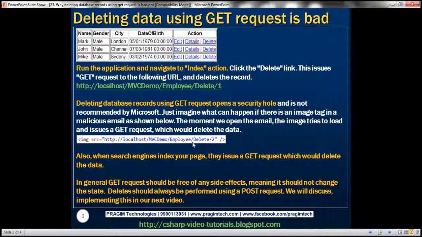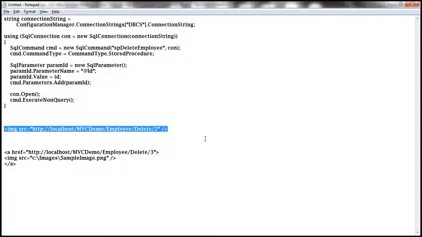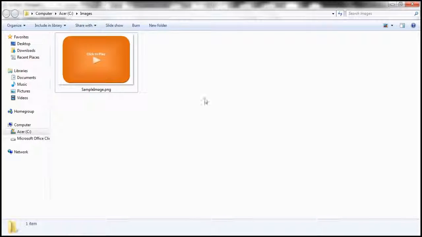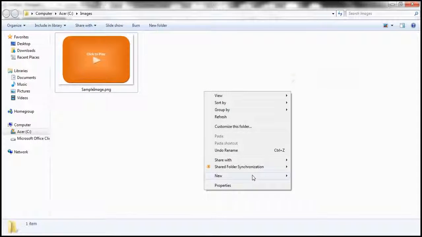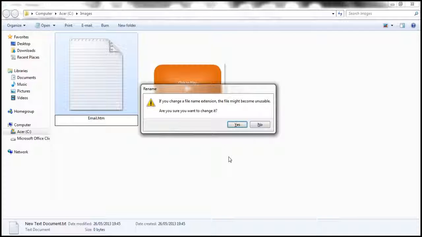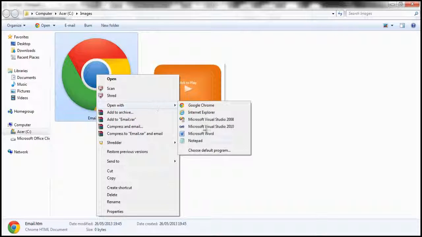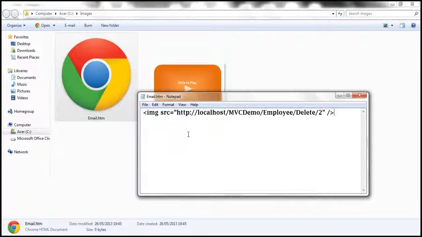Okay, let's actually see that in action. So here I have the same image tag. Let's go to this folder here. Let's create a notepad. So new text document, and let's call it email.htm. I'm changing the extension from txt to htm so that I can open that with the browser. Let's right click on that, open the HTML file with a notepad, and I'm going to paste this image tag